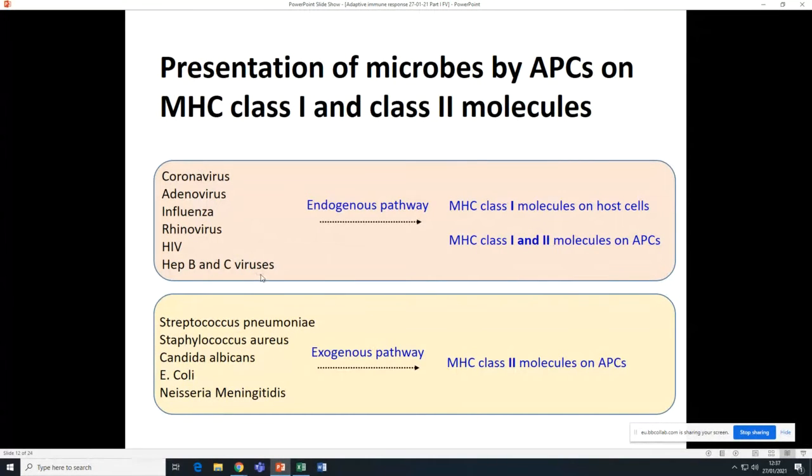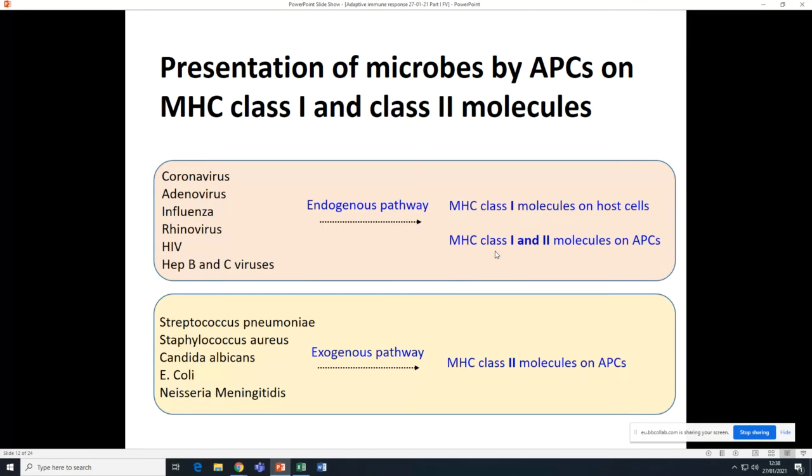So these are all the viruses we've seen, or you're going to see. When they've been captured by the antigen-presenting cells, they're going to use a pathway called the endogenous pathway, which is a way to process the viral protein and present it on MHC class 1. Forget about MHC class 2 for now, because it's a bit confusing for later. Just remember, viral protein expressed on MHC class 1